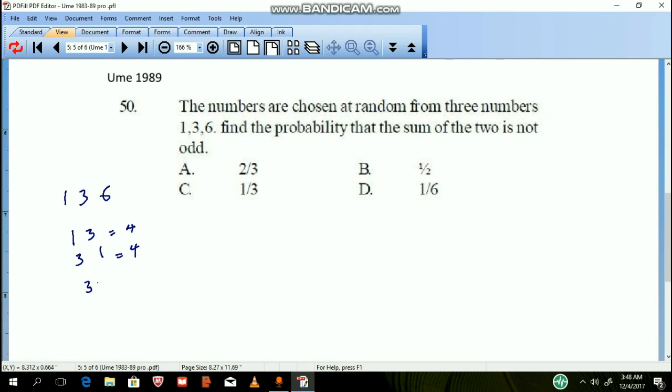If we combine 3 and 6, we know this one is going to give us odd. If we combine 6 and 3, it's going to give us odd. If we combine 1 and 6, it's going to give us odd. If we combine 6 and 1, it's going to give us odd. So we have a total possibility of 1, 2, 3, 4, 5, 6. A total possibility of 6, and the only ones that won't give us odd, which is even, there are only 2, which is this and this. That is 2. So our answer will be 1 over 3, which is option